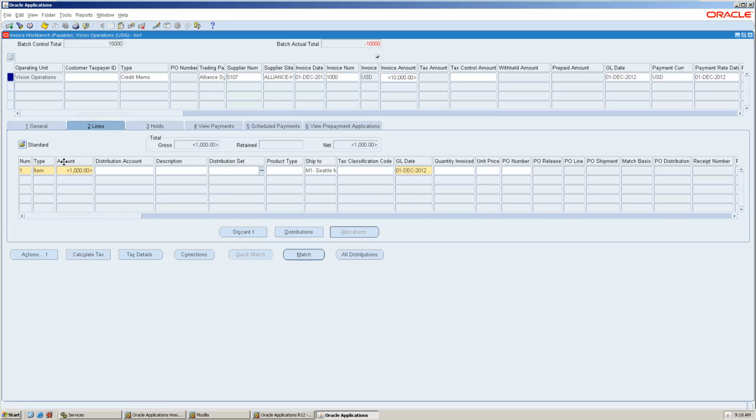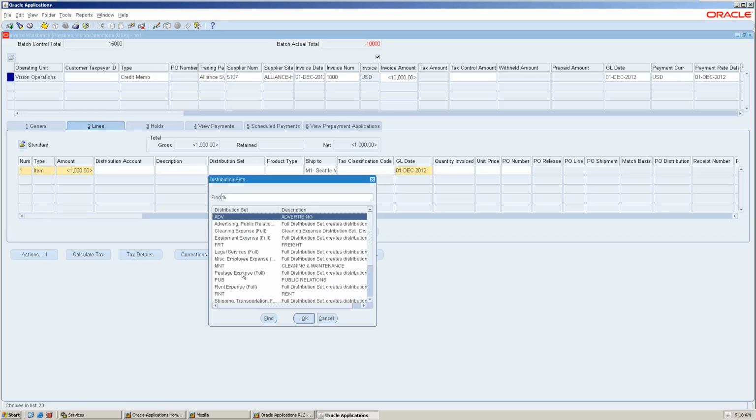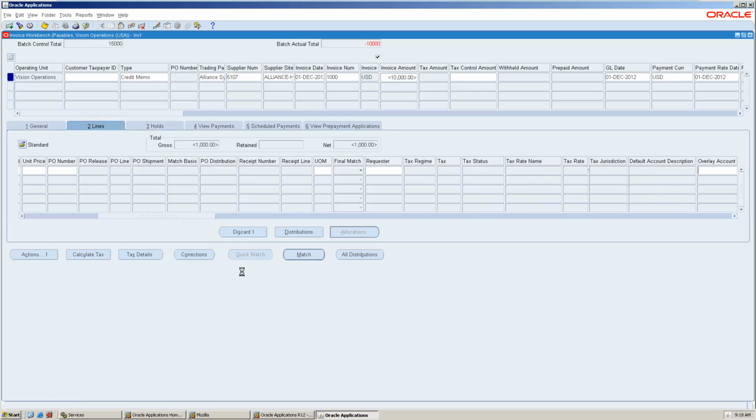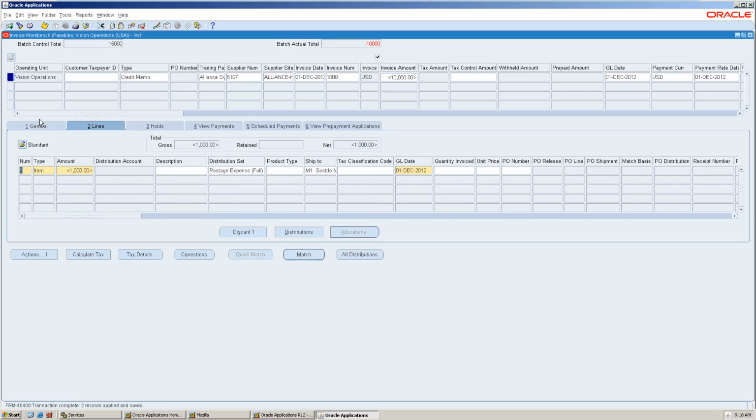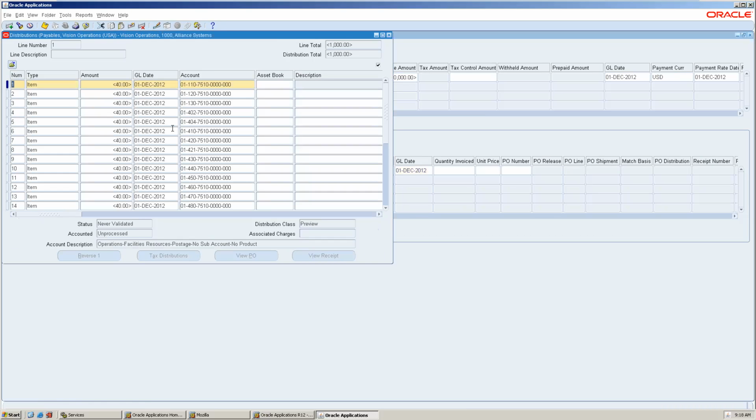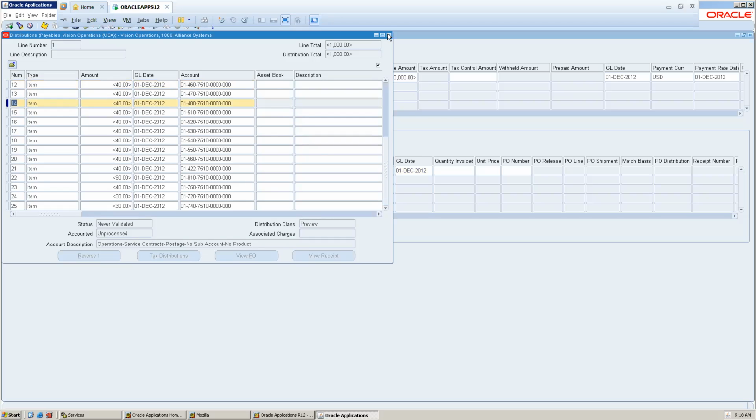So they will have 100 lines of distribution. Each time you cannot create them, no? That's why we have distribution set. You can create it like this. It will automatically populate. I added, click this and check. See, all have come. How many departments? The line will be only the department changing. See, the account is the same. Distribution.